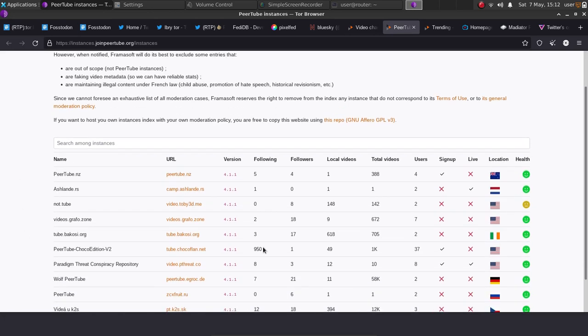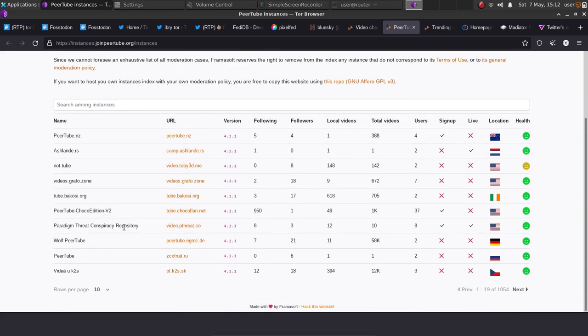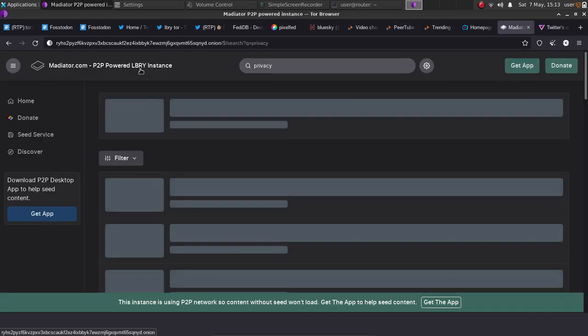The page for the instances, so you can see how many different users are actually on each instance. Now, unfortunately, Odysee is not very Tor friendly. In fact, you can't log into your account from a Tor browser. That's unfortunate. But there is the Mediator Tor hidden service for Odysee. If you are running Tor browser and you want to watch Odysee content, check that out. You can donate to his server here and his projects there. So of course I want to support everyone who's helping the privacy community with access to content anonymously.